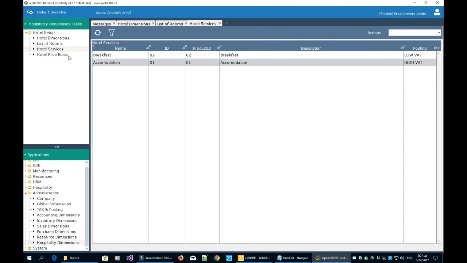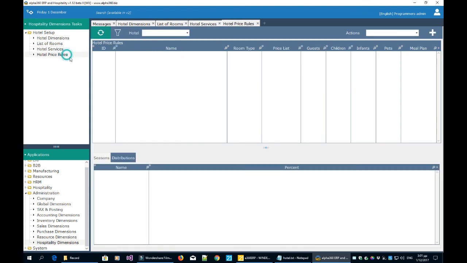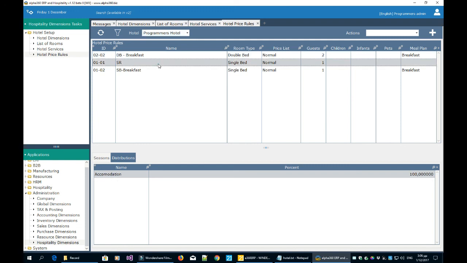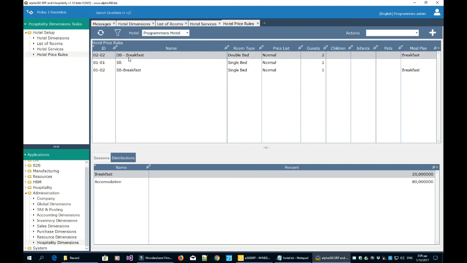Now here are the actual hotel price rules. Let's take a closer look at the hotel price rules. Let's first select the hotel, the programmer's hotel. And we have a price rule, the first one. It says